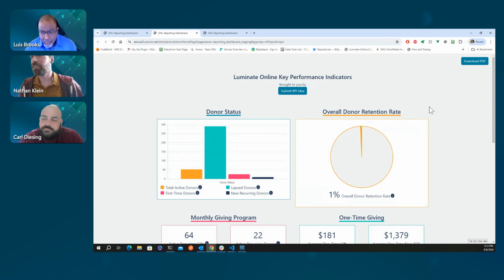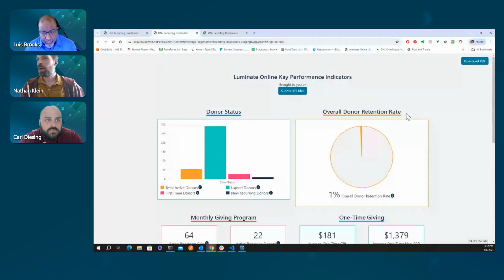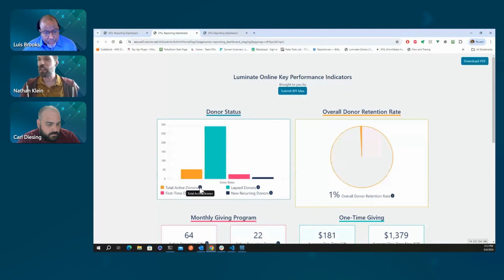That's right. All right, so yeah, as Carl mentioned, what I'm showing you right now is some data that's stored in a data warehouse. This is all from, or mostly from, Luminate Online. So we have different details related to active donors, first-time donors, lapsed donors, new recurring donors, and we have some